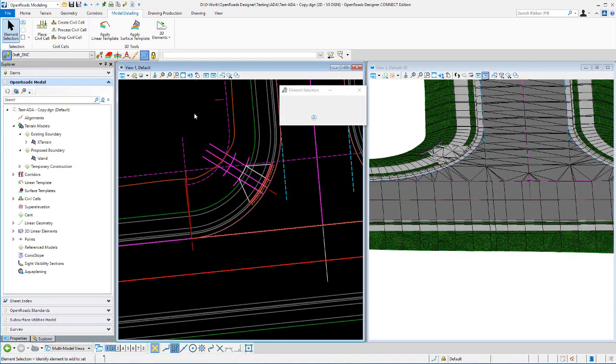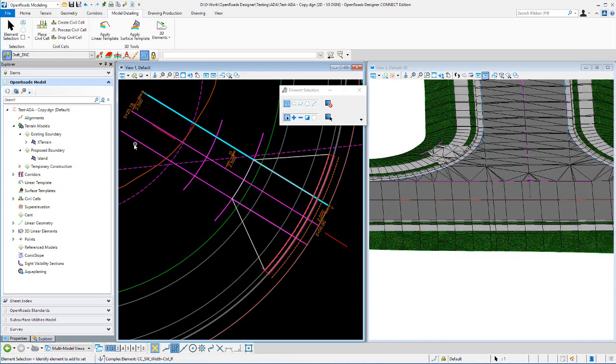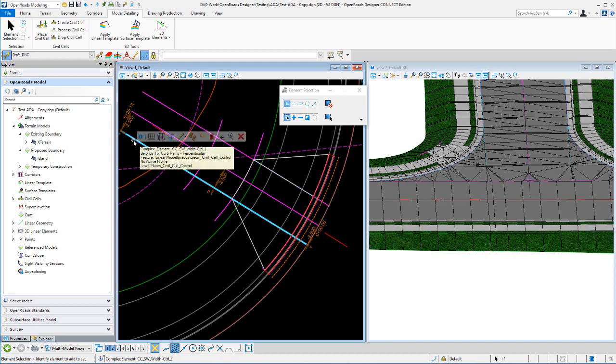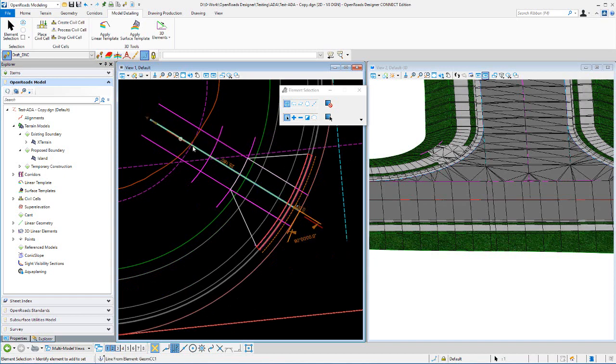Okay, so as far as horizontal edits, controlling the width of the ramp is pretty straightforward. These two parallel lines there, you can see the name, sidewalk width control. I'm not going to change that, but if you wanted to change the width of that ramp, you could change it there. Another edit, and this is based on how you actually created this, is the reference element, the ramp center line. That's what we created prior to placing the cell. So depending on how you place that, as long as you place it 90 degrees off of that, if you want to come in